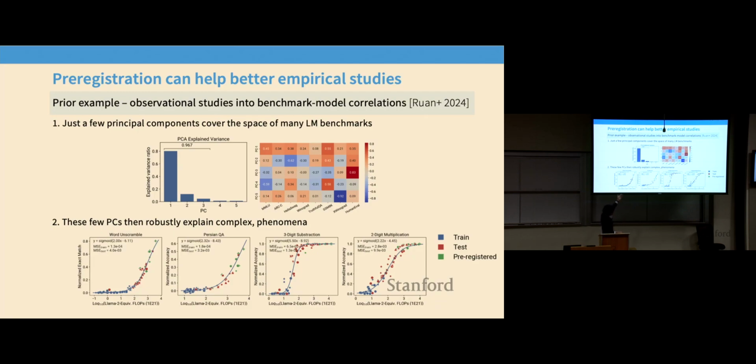And so we did a similar thing where we first fit these regression-like things. We pre-registered predictions for really large-scale new models, and then we tested our approach. Turns out our predictions remained accurate even for the new Llama 3 models, which was really cool to see. So that was pretty exciting.